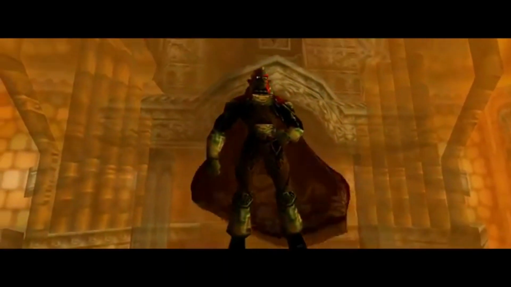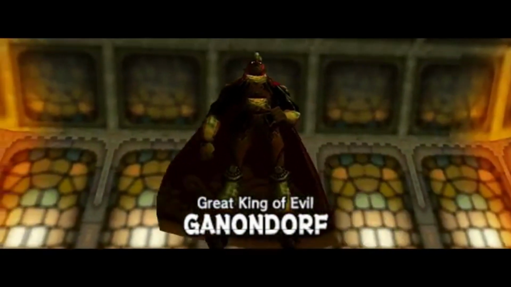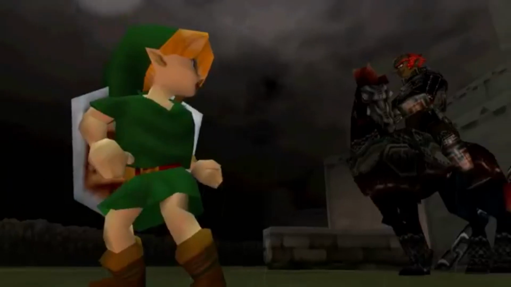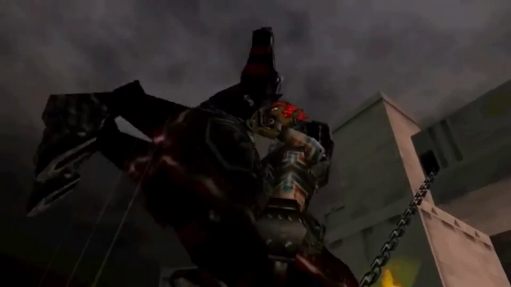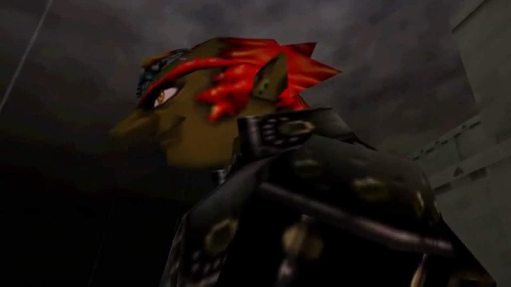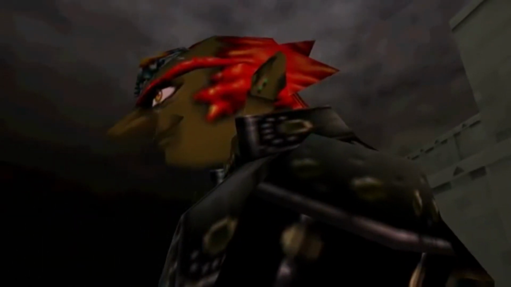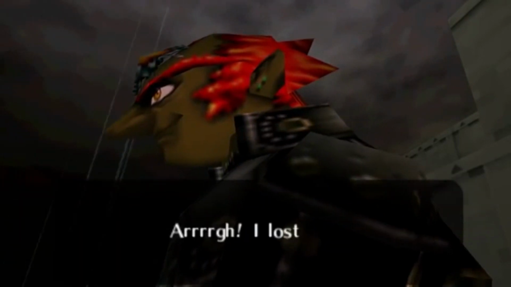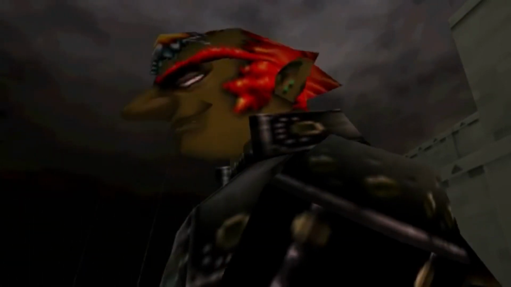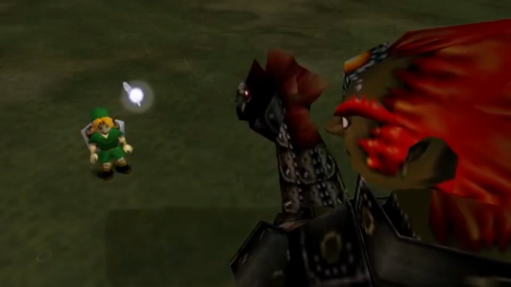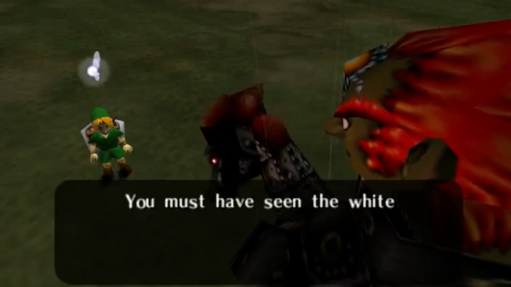So here we have it. Every game that Ganondorf has canonically appeared in so far. In Ocarina of Time, we meet a man who is consumed by greed, hatred, and a lust for power. A man willing to end countless lives and destroy and scar the world in order to achieve his goal of ultimate power. A prideful and arrogant man who looks down upon all who are not him. As to himself, there is no one greater than he.